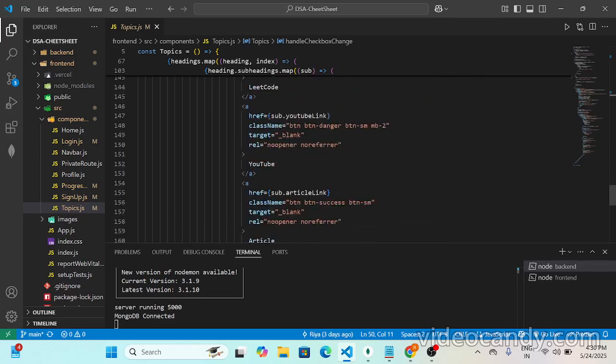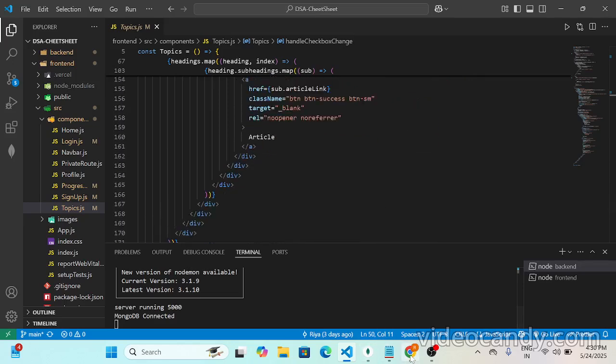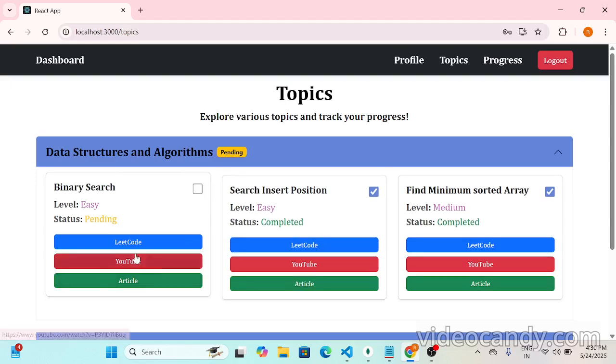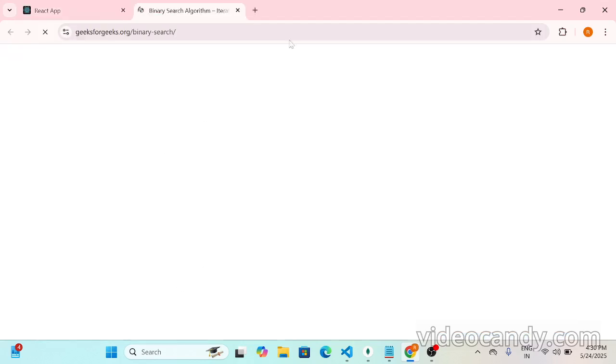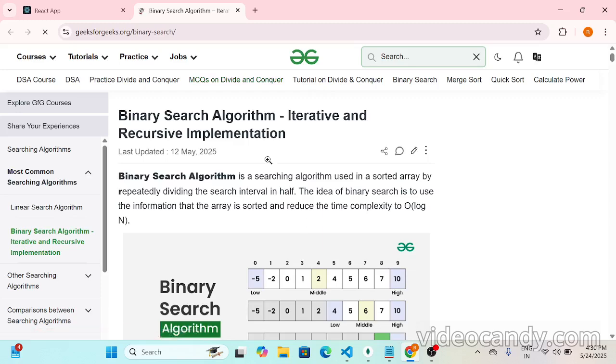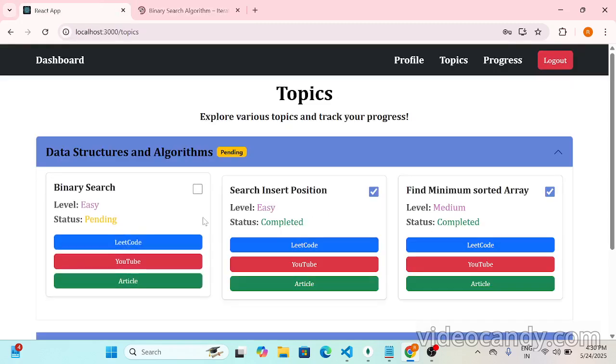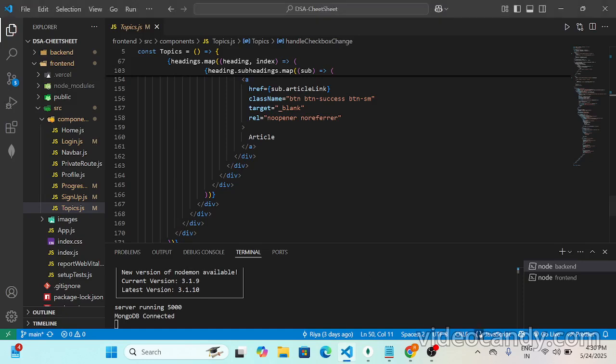So that is all about my topics page. If I click YouTube, LeetCode, or article, it will go to the article page related to the subheading, like binary search. So that is all about topics. So now